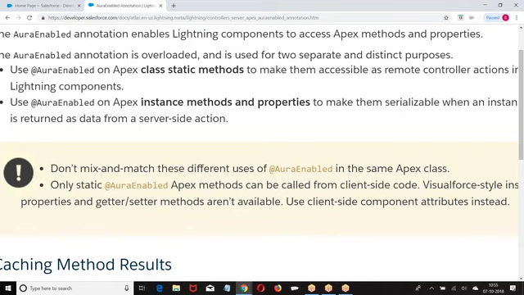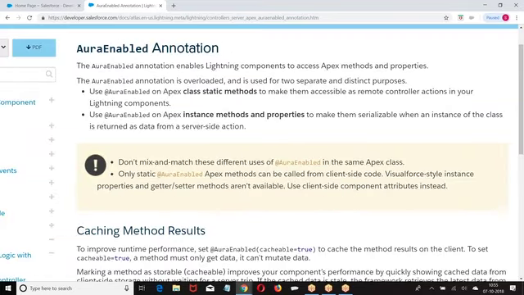But here we can define multiple future methods in a class. We can define multiple remote actions. We can define multiple test methods. We can define multiple @AuraEnabled methods. So with @AuraEnabled, I can define multiple methods in a class. The one annotation that can be used only once in a class is @InvocableMethod.